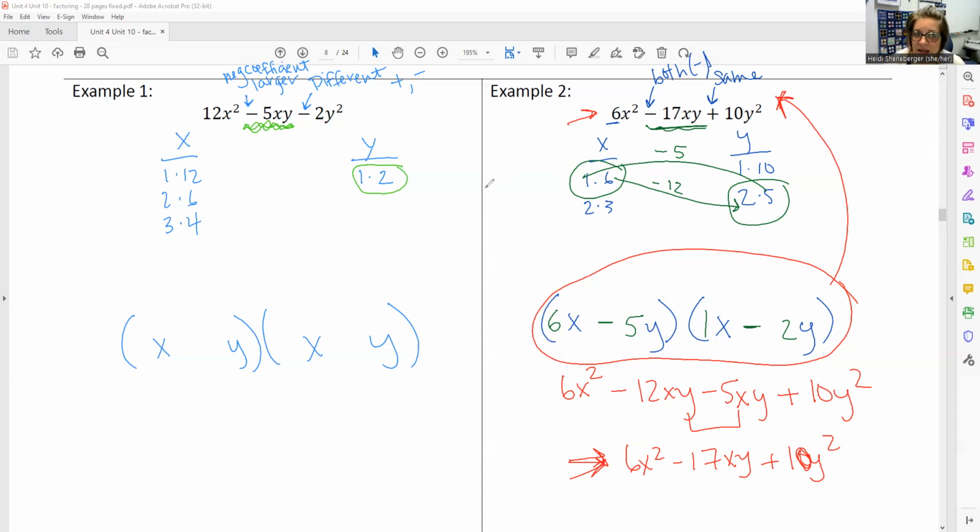Wait, that sounds okay, right? 8 minus 3 is 5. That's going to work. So how did I do that? I did 4 times 2. Those two go together. That's 8. And then I have 3 times 1, which is 3, and the difference between them is going to be 5. Oh my gosh. So now I just have to make sure that these all line up. Okay, so if I put my 3x over here, that has to go with the 1y. Again, I don't have to put the 1 there, but I can if I want to.